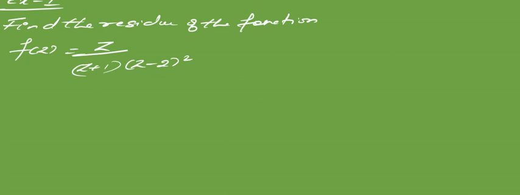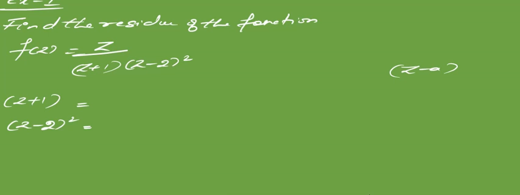So let us understand and try to find the pole and the residue for this function. Remember, we don't have integration here, so don't apply Cauchy residue theorem. It's just finding the poles and finding the residues, that's it. So for that, first and foremost, see the denominator term. It has to be in the form z minus a.